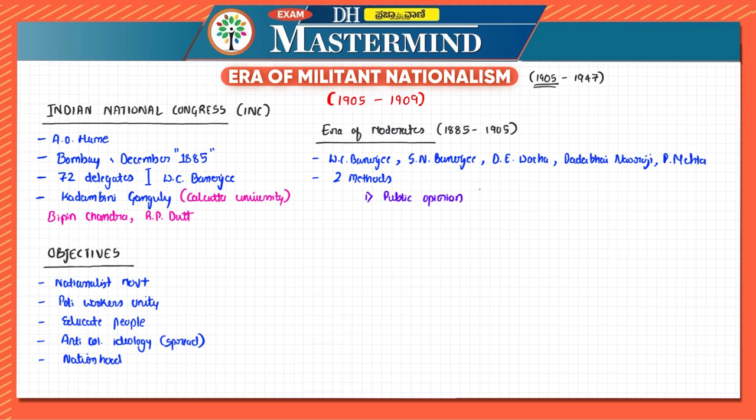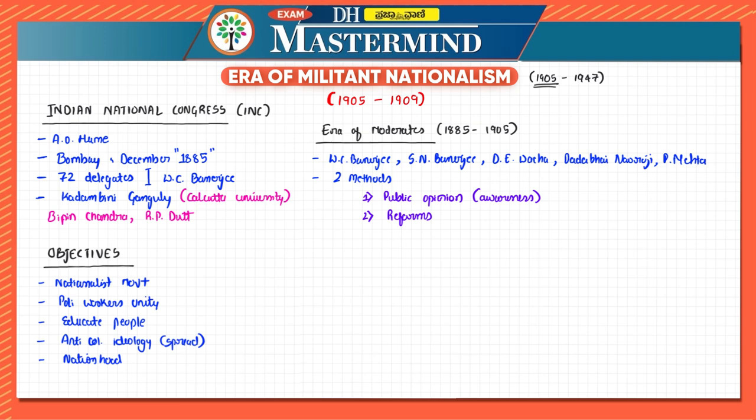So in order to spread awareness, when the public is educated, they will also be aware, and they will be in line with whatever they are forming. Next, in order to bring reforms on the lines of the nationalists. Now how would they bring reforms? They were persuading the British government itself, telling it that this is the public opinion and you have to do something like this, and because we also want a similar thing, you have to do the same. So raise public opinion and then ask the British itself to bring reforms.